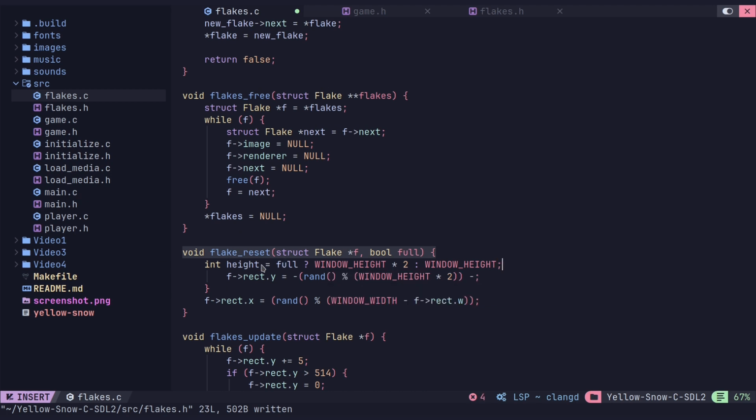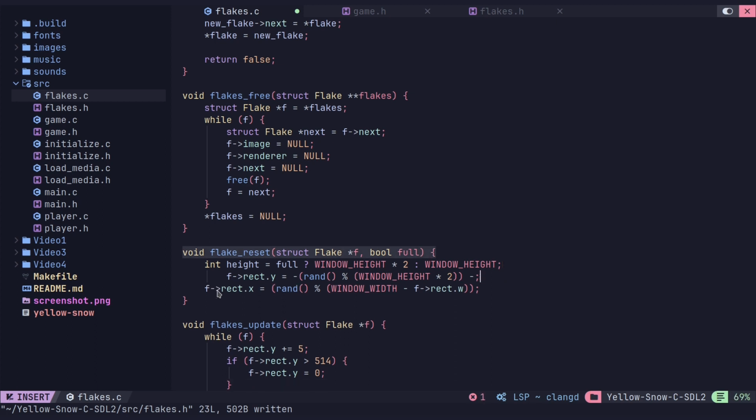So basically this height variable, if full is true, will be window height times 2. If not, it's just window height. Okay, that'll take care of that. We don't need that anymore. And what we can do here